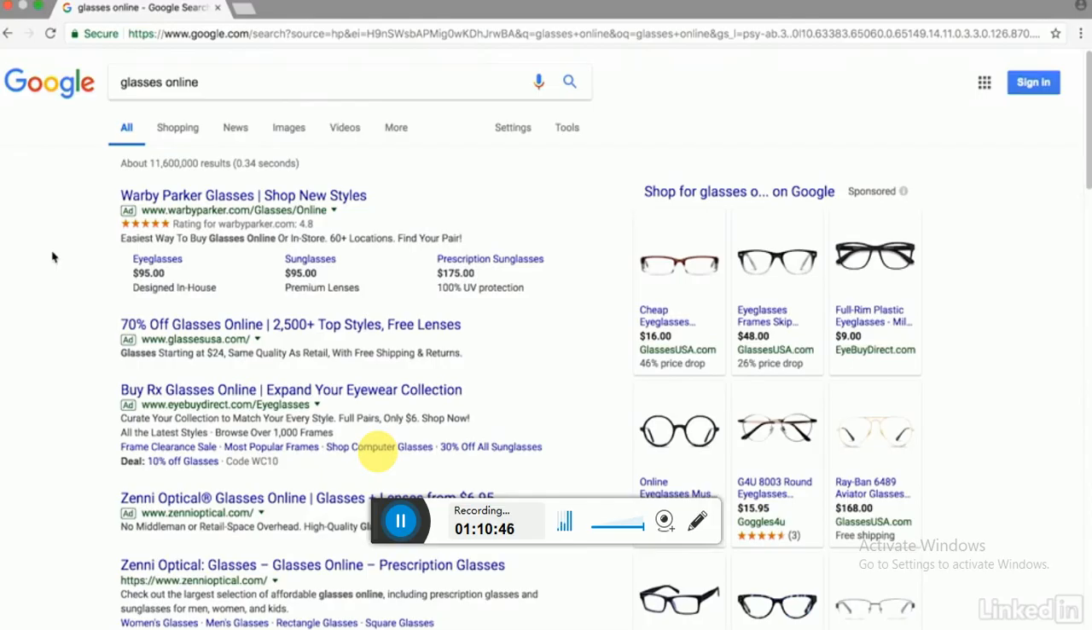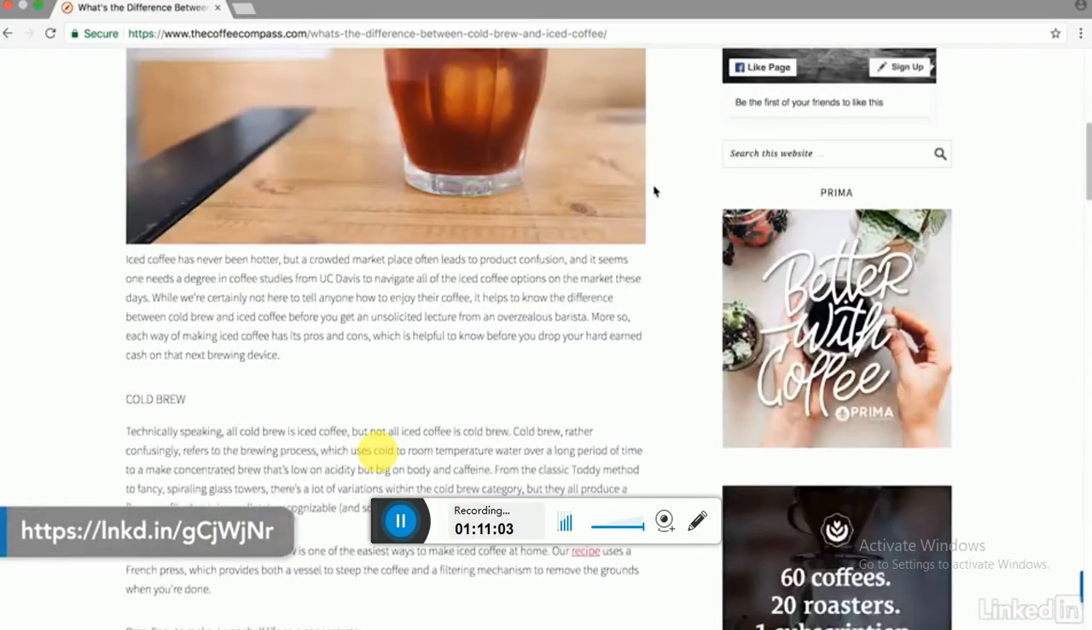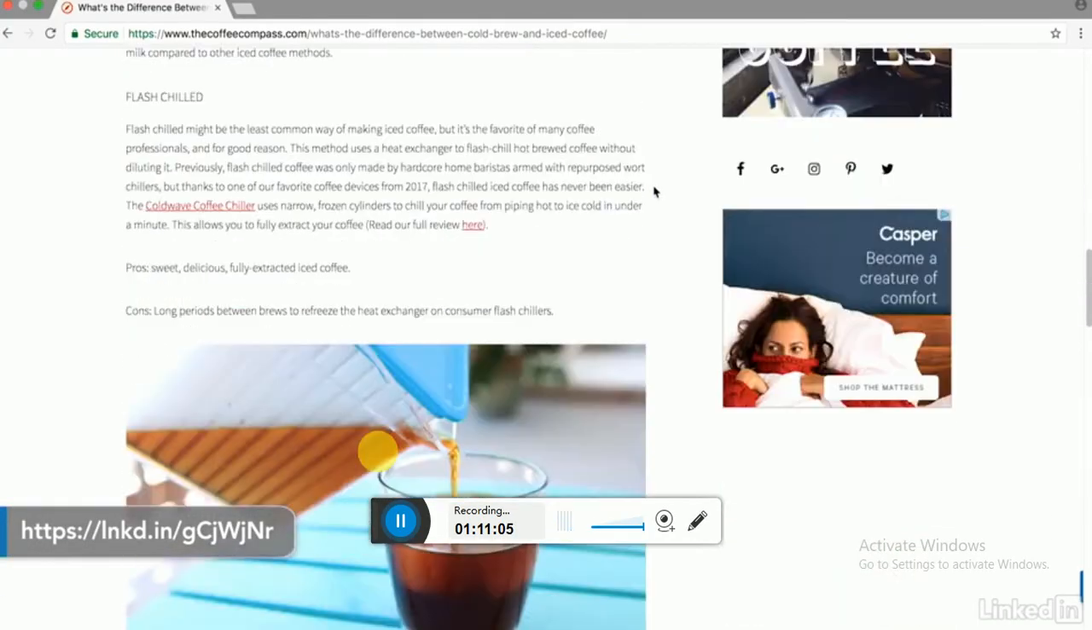Now, display advertisements are banner ads, or even these same text ads, but they're shown on someone else's website, not here on the Google result page. And you might encounter these as you browse the web. Let me show you an example. I'm here on thecoffeecompass.com, which is a coffee blog, and as I scroll down, you'll notice that I've got an